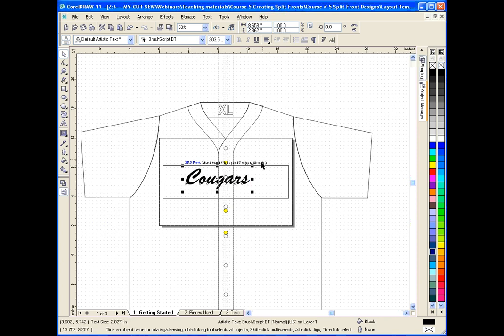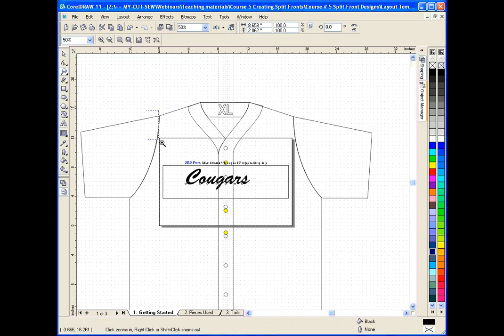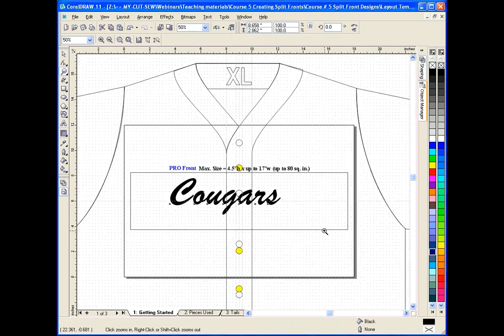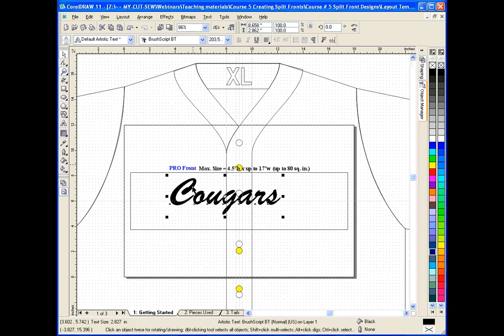And what we want to do now is we want to kind of figure out what we need. When we're doing tails, a standard tail, a cap height of about 3 to 3.5 inches is usually used. Now, because this design, and I'm going to zoom in, has upper and lowercase letters, it's really tough to see. If you look,